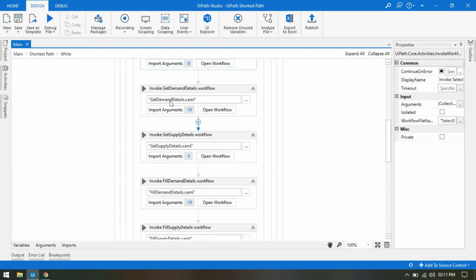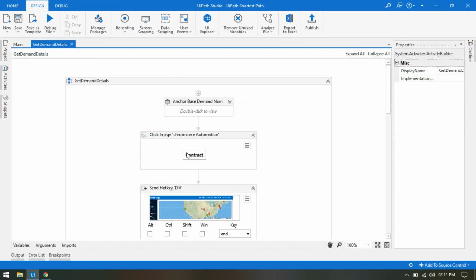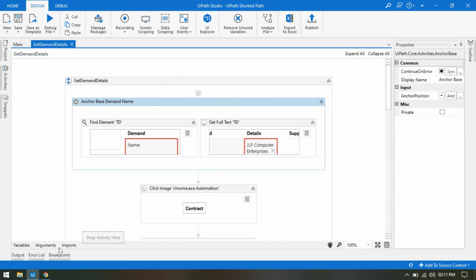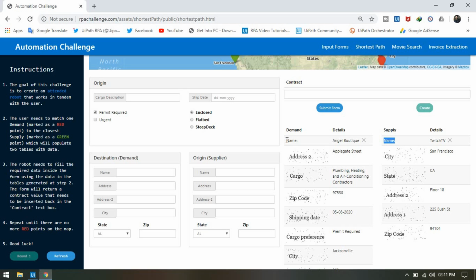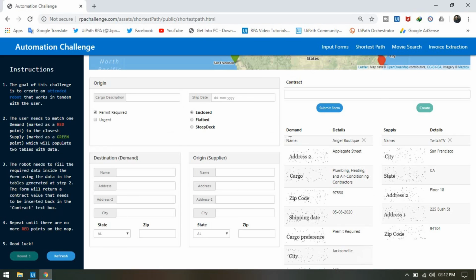After that we are going to get the demand details here. Let me show here. In the demand details, first, as you can see here, this name, demand and details, this is not the scanned images. So that's why every time I am just capturing these details first. I am looking for the find element, and the position of this name is also the same. This will not be changed. Every time this is on the first number.